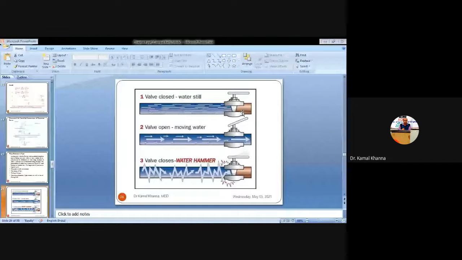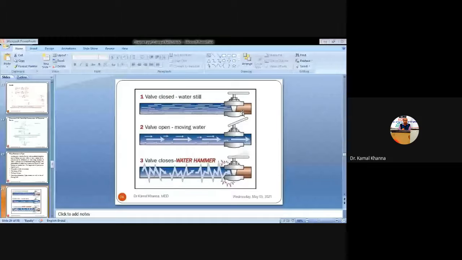How does it damage the inner portion? Because whenever there is a sudden rise in the pressure, the momentum of the flowing water is destroyed, so the kinetic energy will be changed into strain energy, which will result in a sudden rise in the pressure at the point of the closed valve.